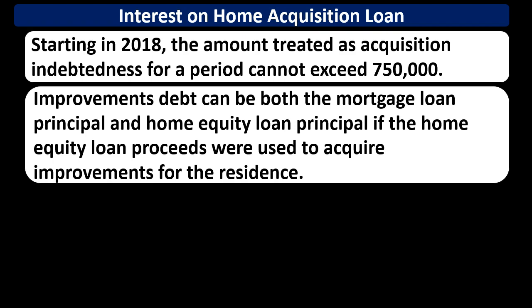This will be a big deal for financial planning going forward, because oftentimes when we think about financial planning, consolidating debt often includes getting rid of things like credit card debt and debt possibly on an automobile, and trying to put it on the home loan, because you can typically get a good rate on the loan if we have the home as collateral, and you typically get a tax deduction, or you used to be able to do so, even if you didn't spend the proceeds on the home.